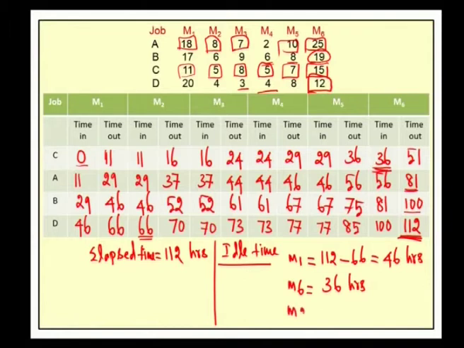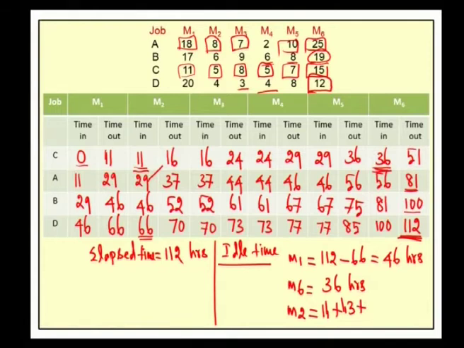Next, the idle time of machine 2. If we come to machine 2, it starts its work only in the 11th hour. Therefore, the idle time is 11 plus, in order to complete job A, it starts its work only in the 29th hour, but the previous job will be over in 16 hours. Therefore, the idle time is 29 minus 16, which is 13,